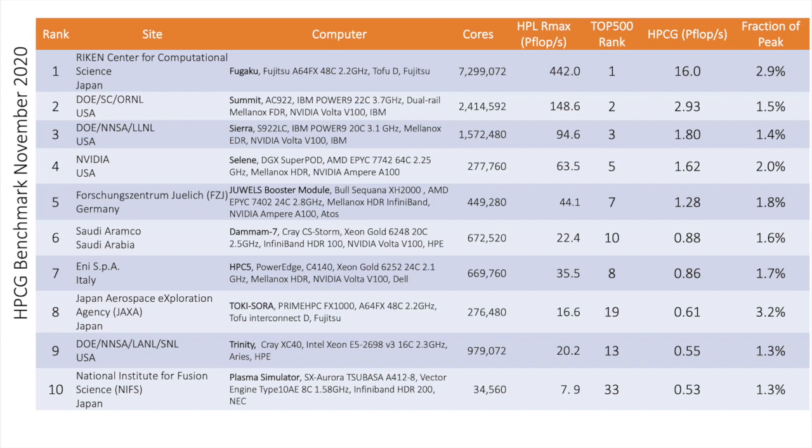So the number 2 machine is the Summit machine. That was also the number 2 on the top 500 list. They've achieved 2.9 petaflops for this benchmark. Again, a drop to a fraction of 1.5% of the theoretical peak performance. The number 3 machine is the number 3 machine on the top 500 list as well. And you see the performance there. I'm not going to go through all of these, but you can just examine the performance here and see that for this benchmark, we're achieving very little, let's say, a fraction of the theoretical peak performance,